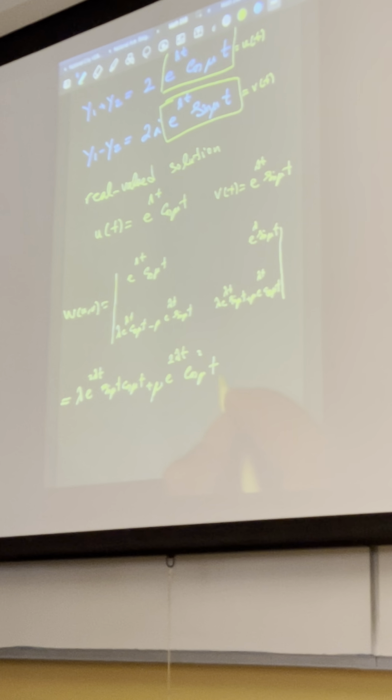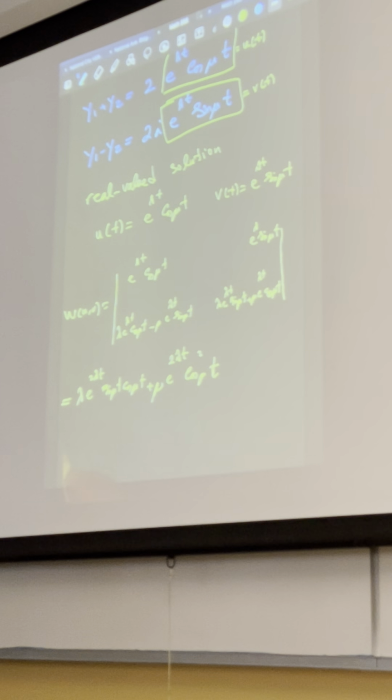Then I have minus lambda e to the power of 2 lambda t, sine mu t cosine of mu t. And then I have minus again,